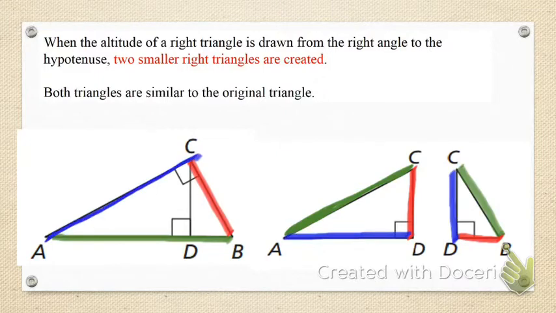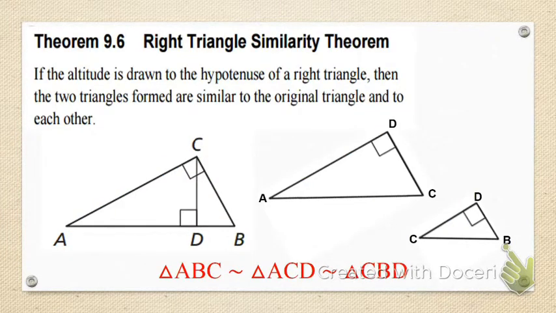And also, of course, if they're similar, then the longer legs of all three triangles are proportional to each other. And it is a little bit hard to see in this picture because the triangles are in all these sort of weird orientations, right? One of the things that can make it easier to see that you have three similar triangles is to rotate the two triangles around, right? So if you take this triangle right here,